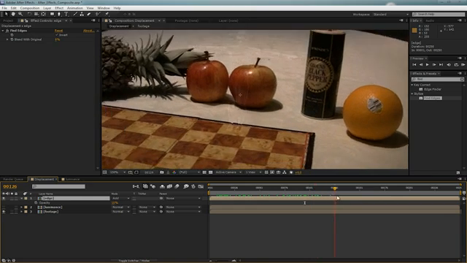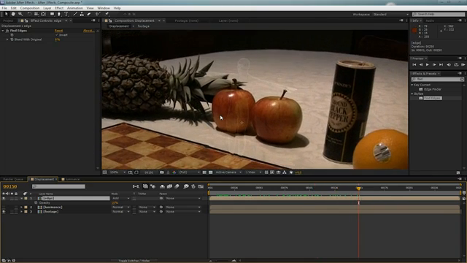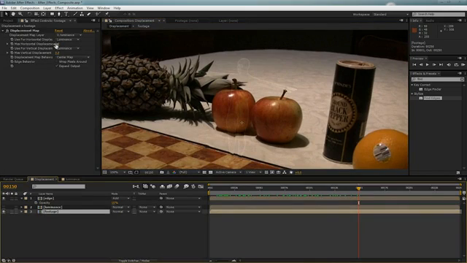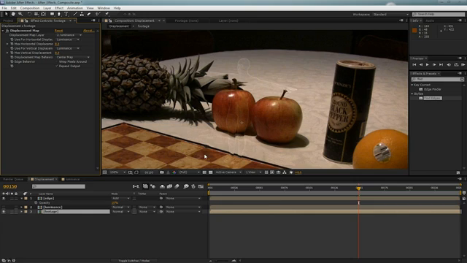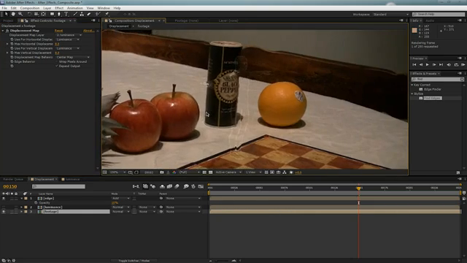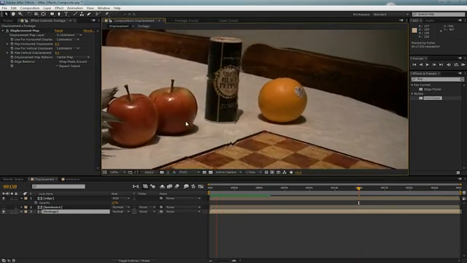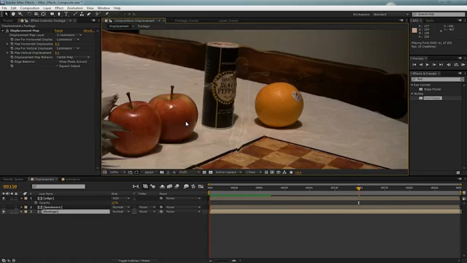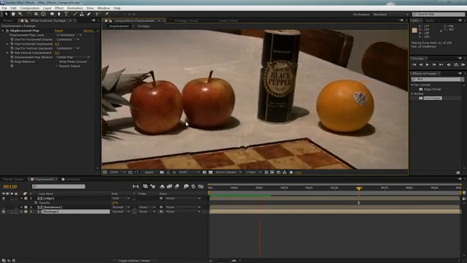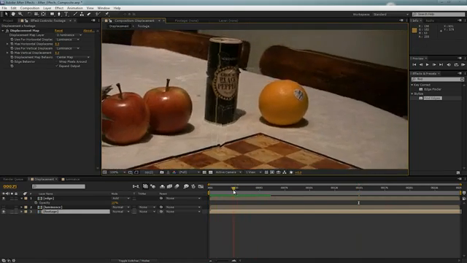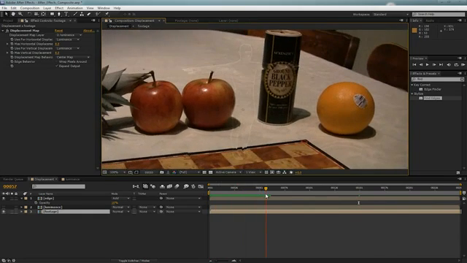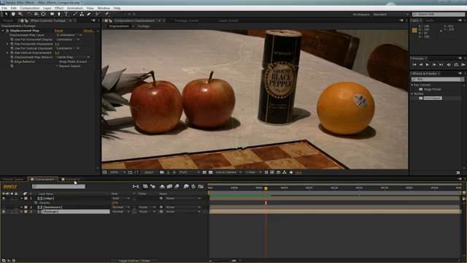We're not getting really much displacement, so I might go back to the effect and bump these up to maybe 8. And I can just do a quick RAM preview here. And we can see the displacement taking place. Nice. So let's go back to the edges,